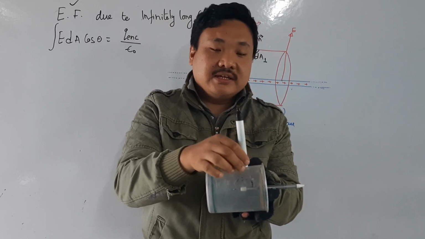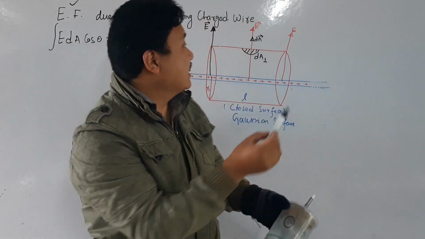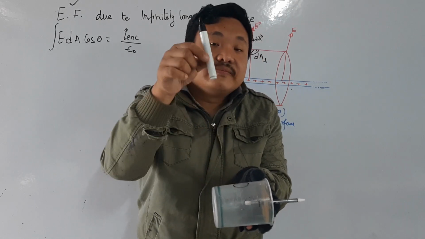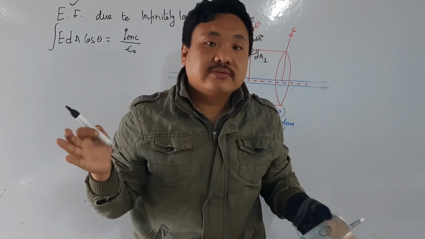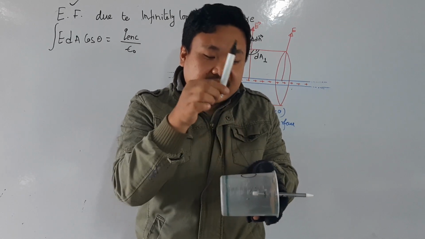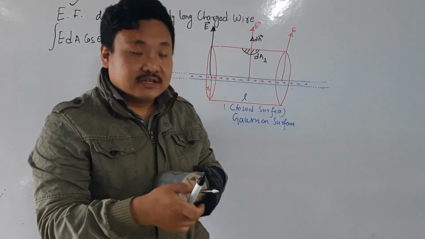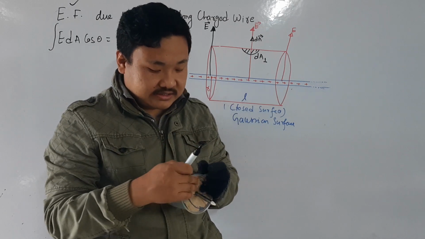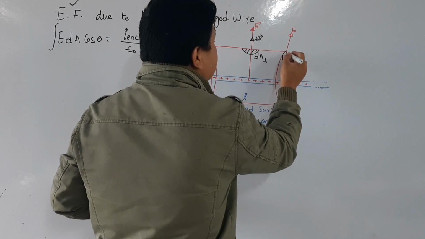So from this, here is also the electric field. Now if I consider this very small area, dA1, it is like this. What is this? This is the area vector, and the area vector is always perpendicular to the surface, isn't it? So this is perpendicular to the surface, and the electric field is also in this direction. Now let me see here. This is the electric field, and I will consider a small area here.